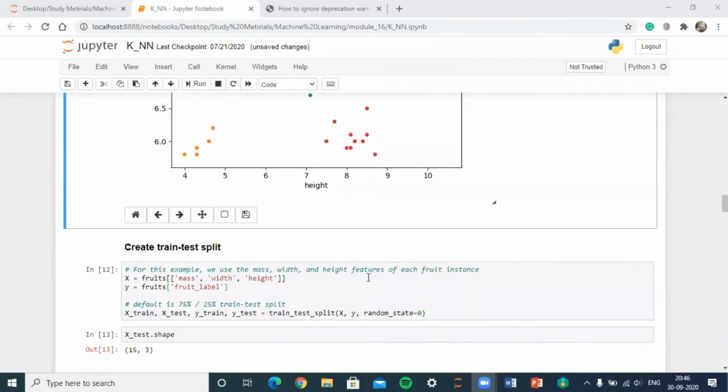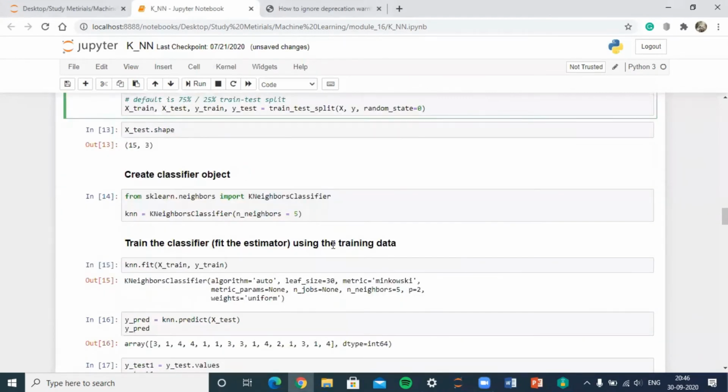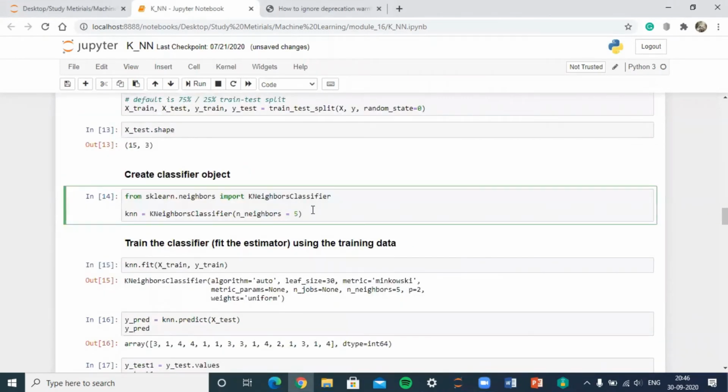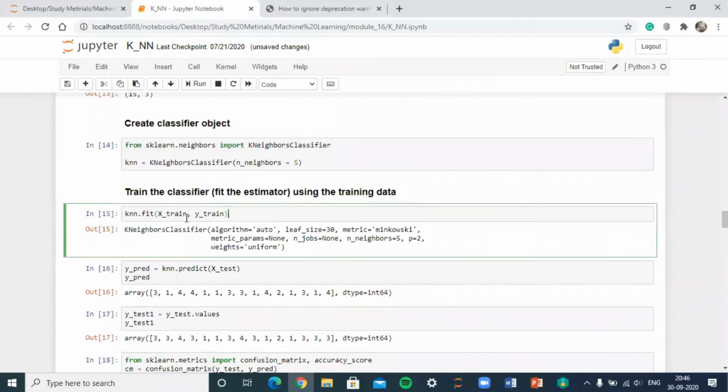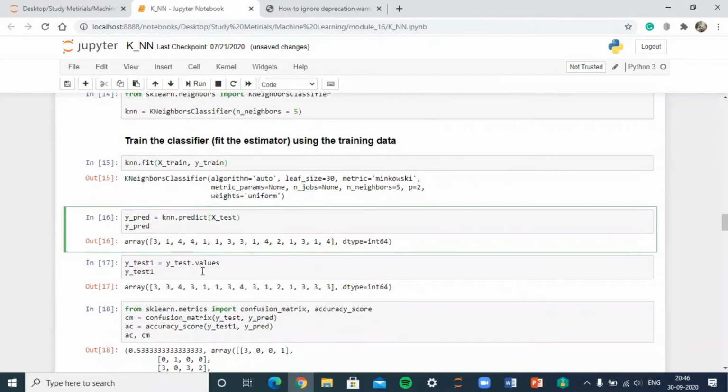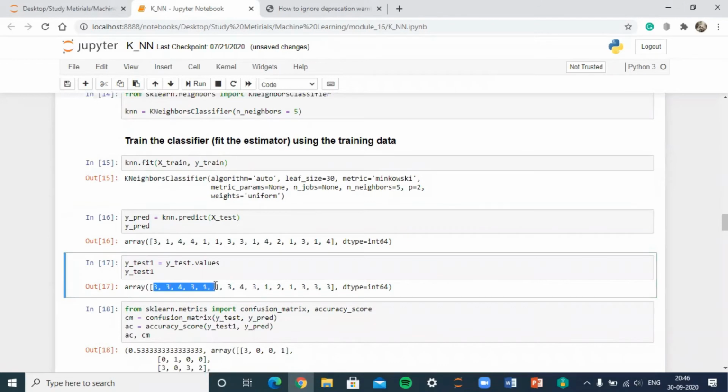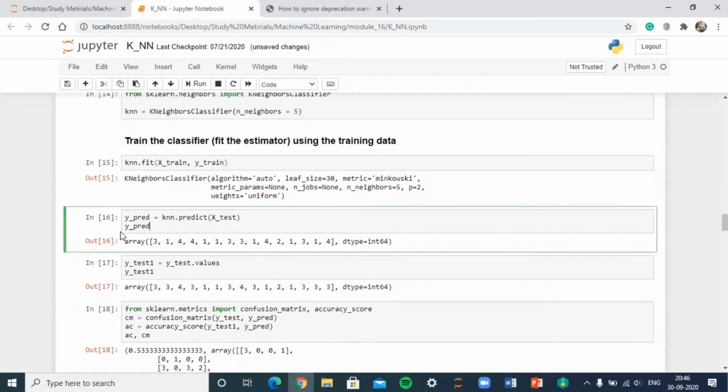Then we have taken KNeighborsClassifier from sklearn.neighbors, and here n_neighbors means k equal to 5. After that, we feed the data as X_train and y_train, and then we predict on the X test data, and this is our predicted data.